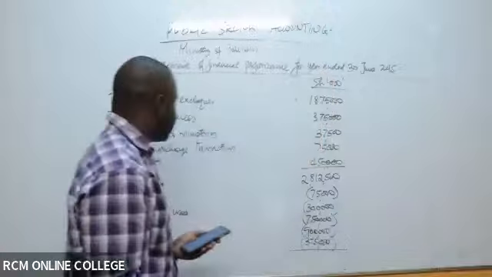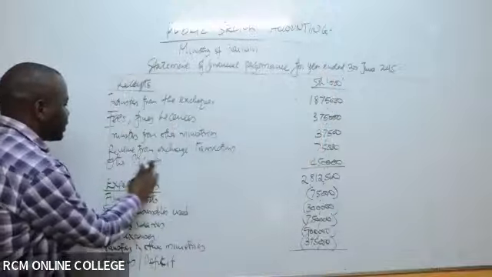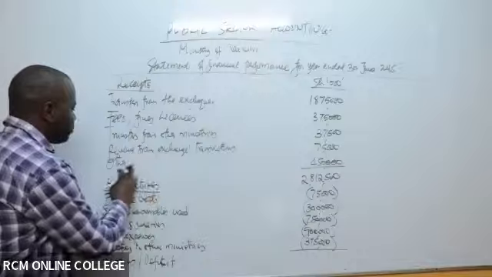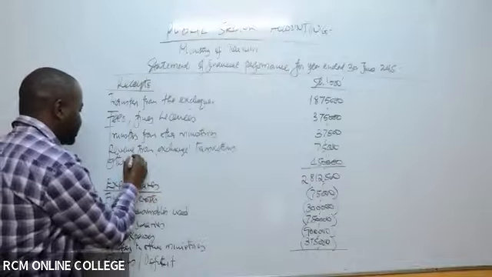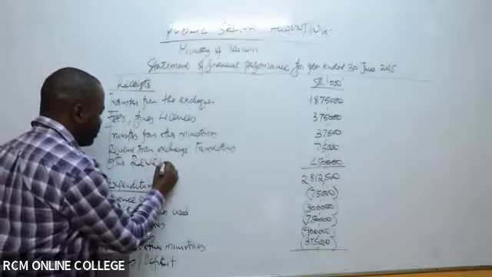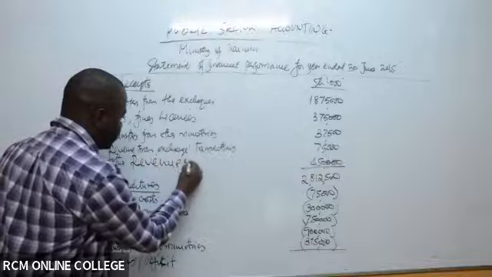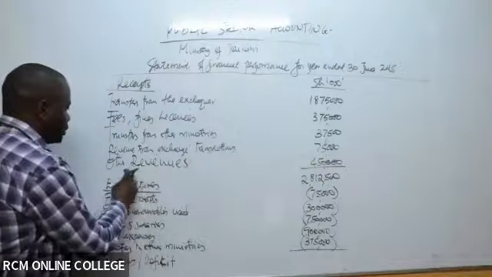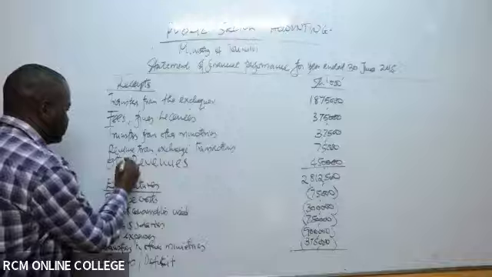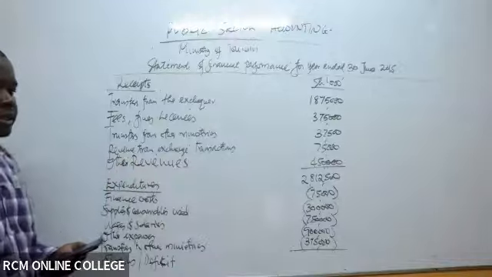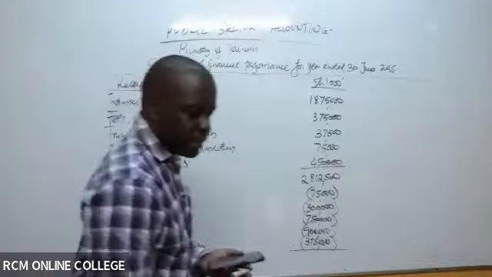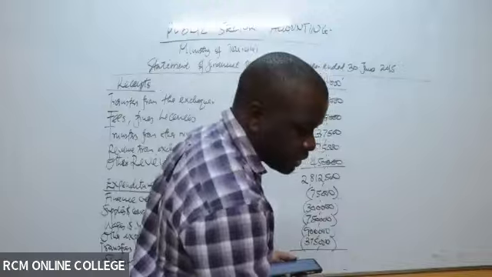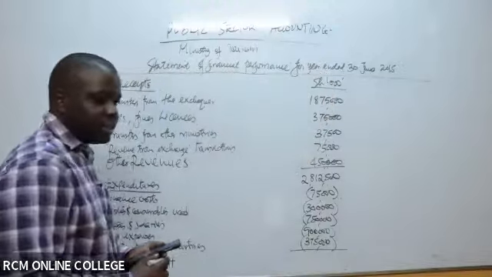It is other revenues. Sorry, I'll improve on my handwriting. Other revenues. I will improve on it. So other revenues. That is other revenues. I can see Mumbi